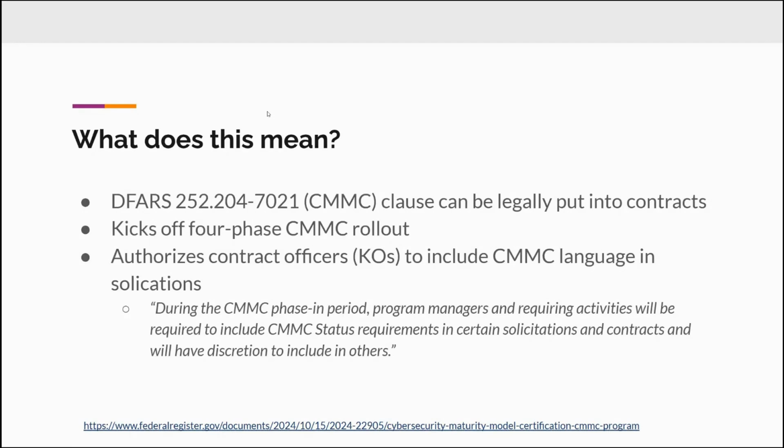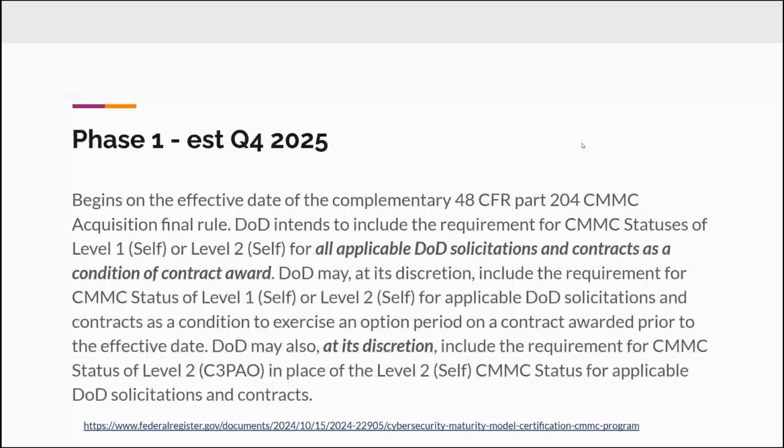So there could be, they write in, there's discretion and there's going to be oversight to make sure that people don't put it in things that they shouldn't. But you know, the word discretion's putting a lot of work in that sentence, right? So we'll see. So phase one,